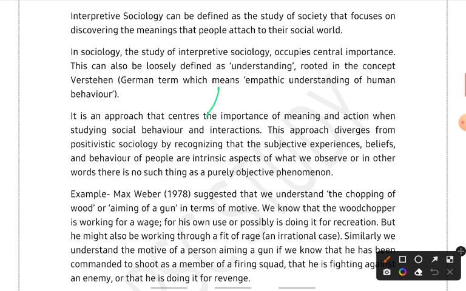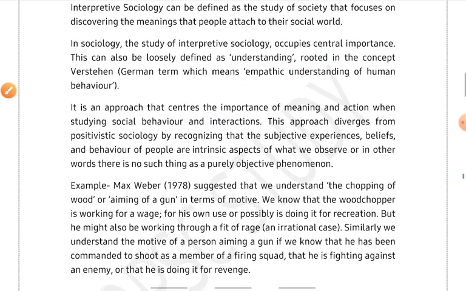Suppose father is a social figure, right? For me, father is someone who should be very muscular in nature, and he should be very masculine. For you, the father should be one who is very caring in nature. So there is a difference in the values or the meaning that we are attaching to this particular institution, right?